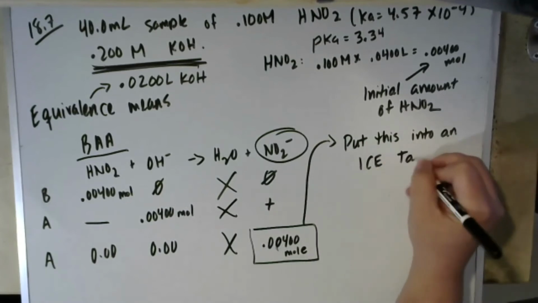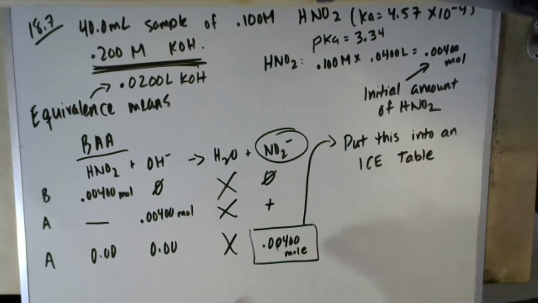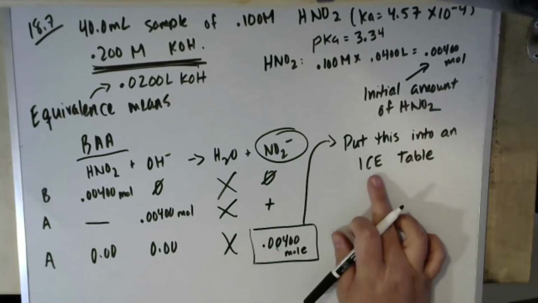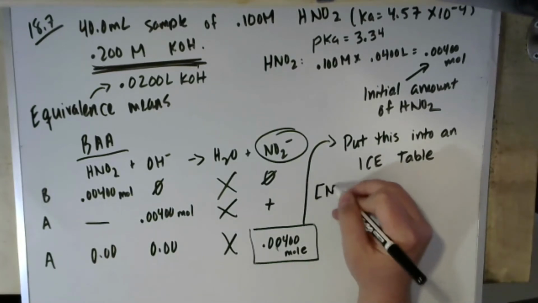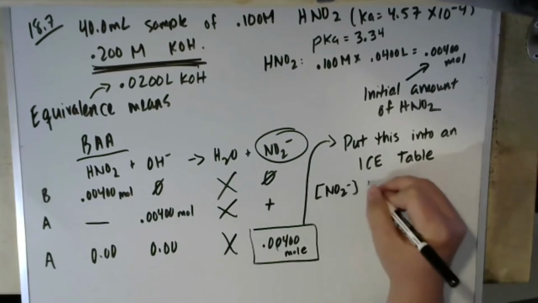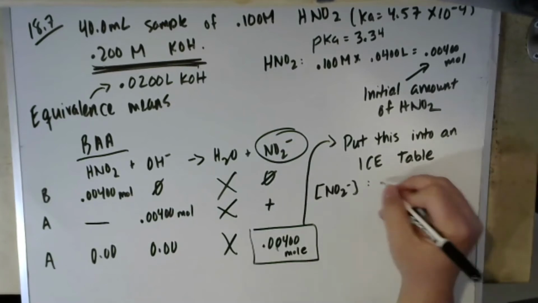And we're going to use that ice table to eventually find the pH. Now we know that to put something in an ice table, we need a concentration value. So to find the concentration of the NO2 minus, we're going to take this mole value that we found,